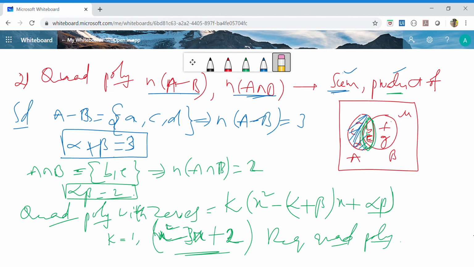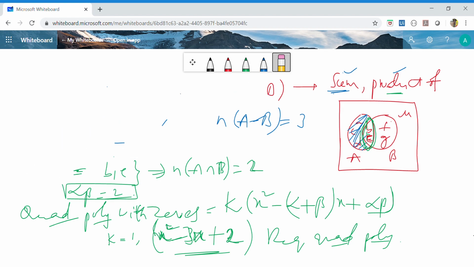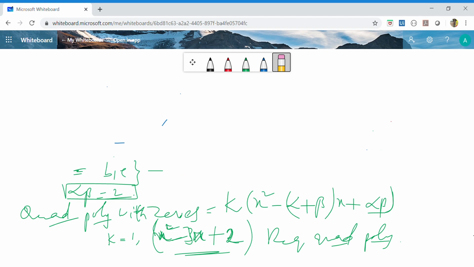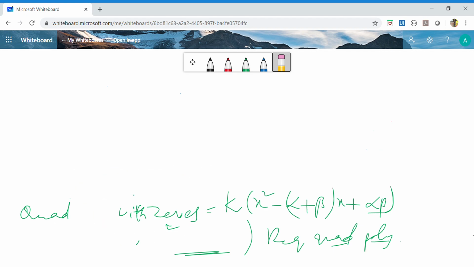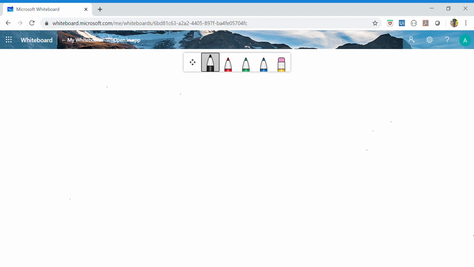Okay, so it is a connective question with third chapter and second chapter. So sum and product he said. So sum and product or given zeros are also same, quadratic polynomial with zeros you have to consider. So k of x square minus alpha plus beta of x plus alpha beta you have to consider. If zeros are given or sum and product of the zeros are given also, in both cases you have to consider the same formula.